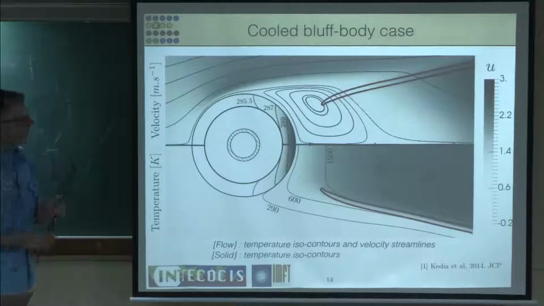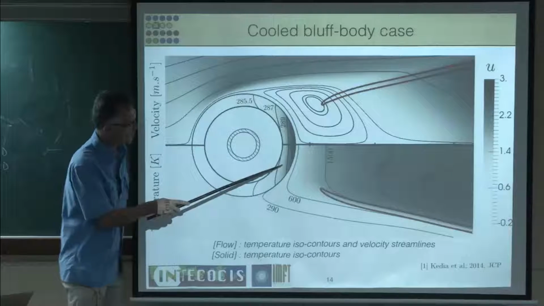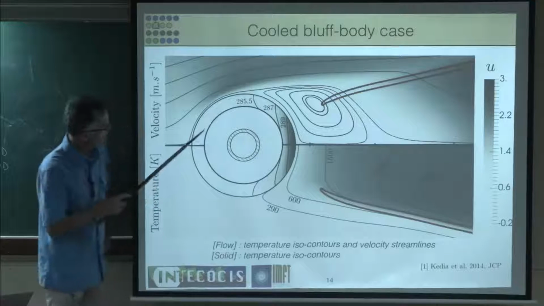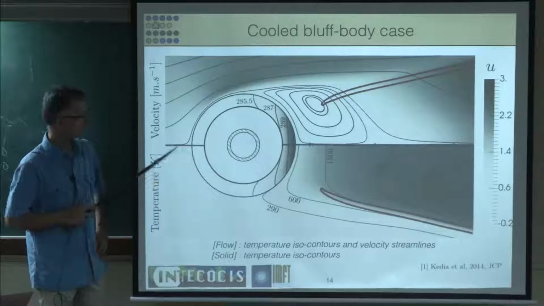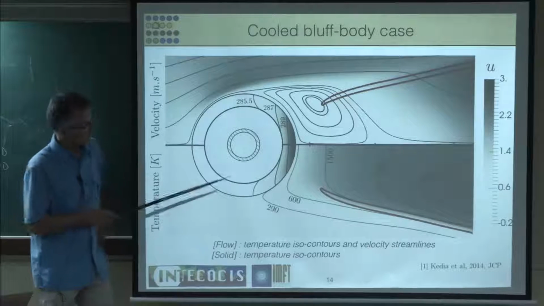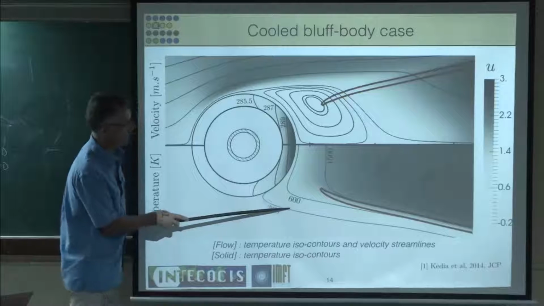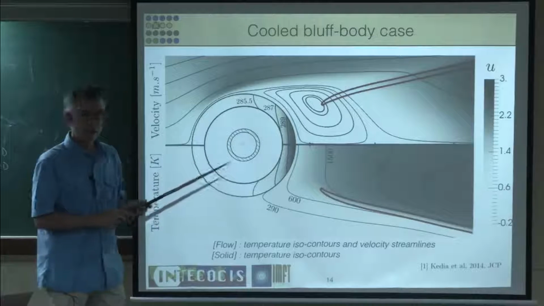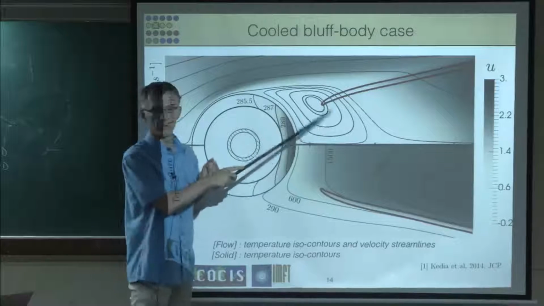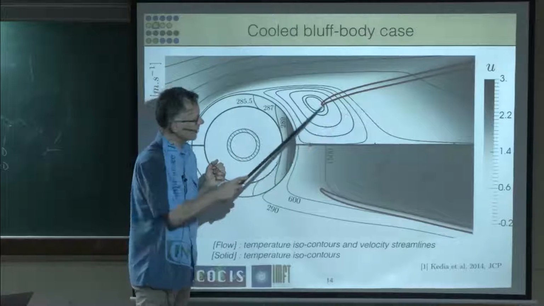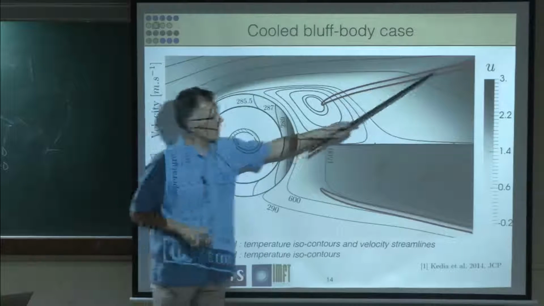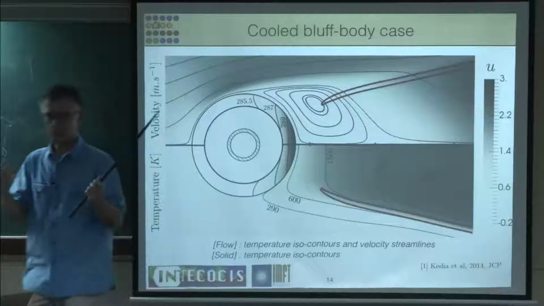Now, if you look at the cooled case, you also have the temperature in the solid. You see the solid is about 300 K here and 285 or something on that side because the water is at 285. And it's almost isothermal. You have here the heat release, here you have the temperature, and here you have the velocity. You see that the stabilization in a flow like this takes place in the recirculation zone. So the gases are recirculating, and the flame begins somewhere here. And then when you go far away here, you find a normal premix flame.